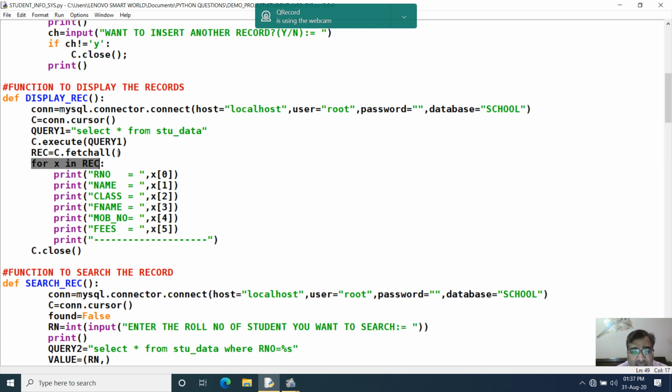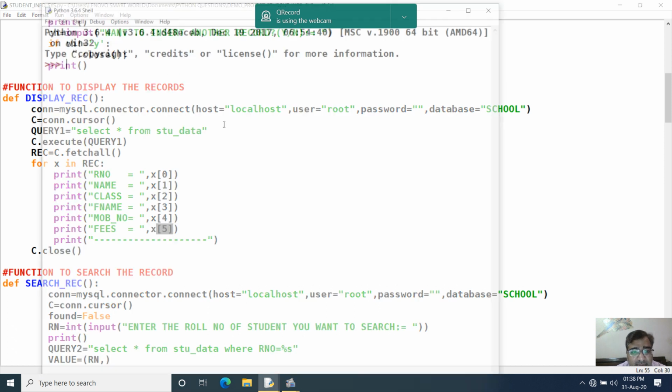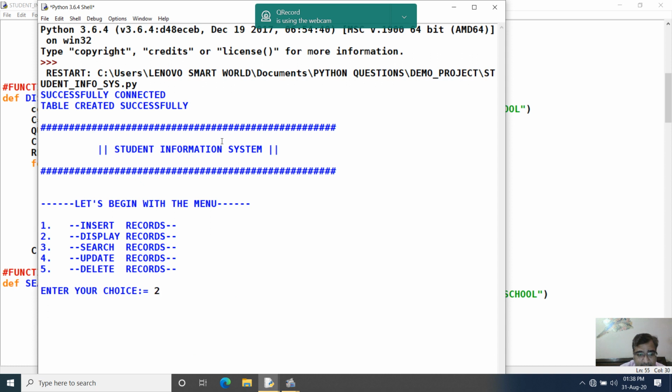You can see here the first index I have given to roll number, at the second index I want name, at the third index class, at the fourth index father name, at the fifth index mobile number, and at the sixth index fees. So in this format you can display your record. I will show you the display once again.